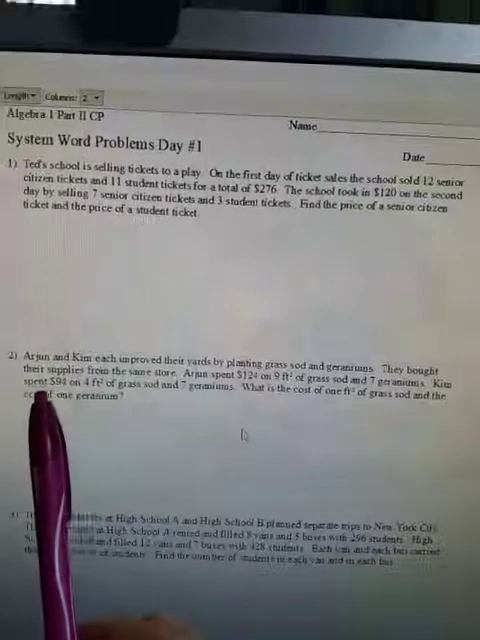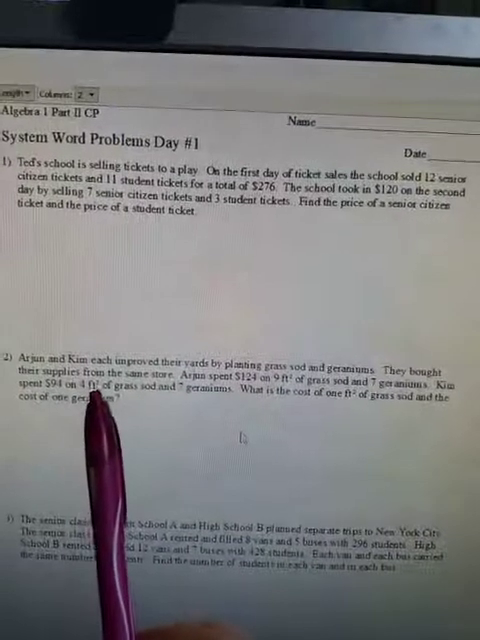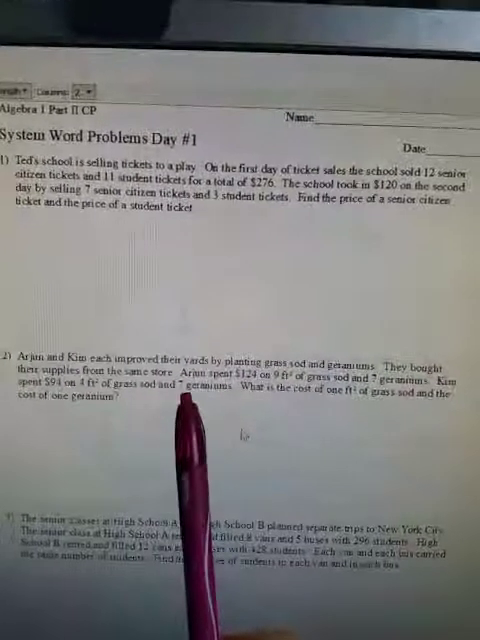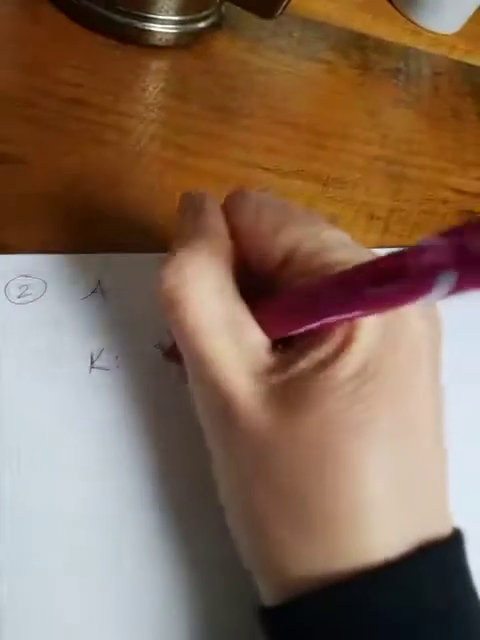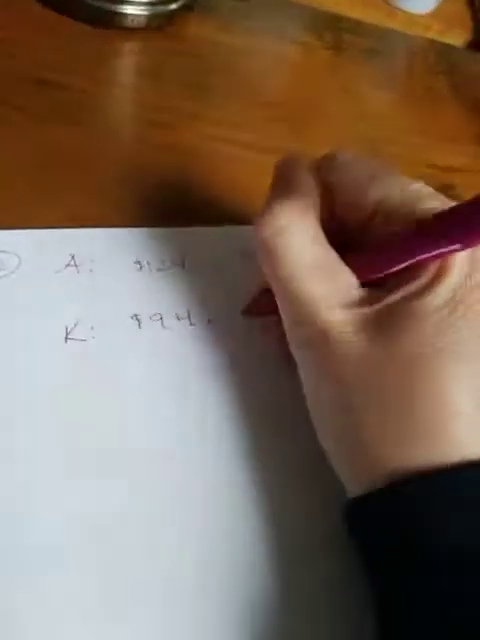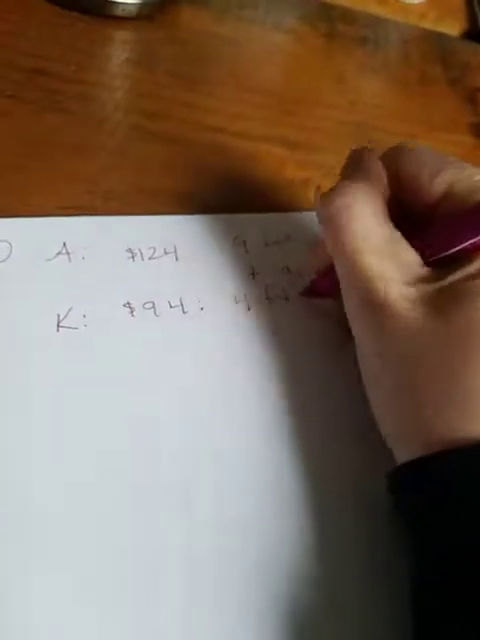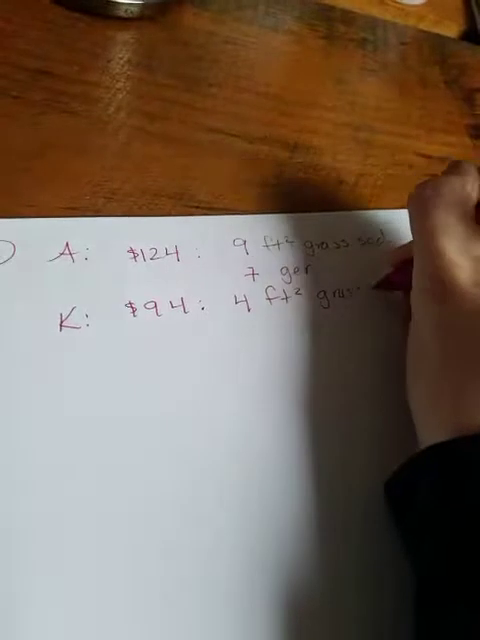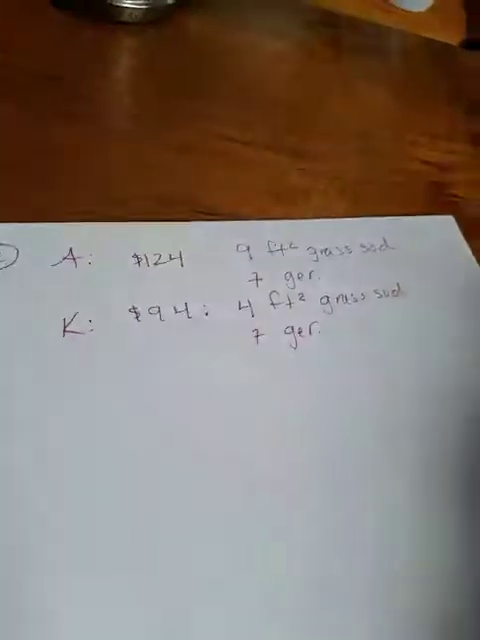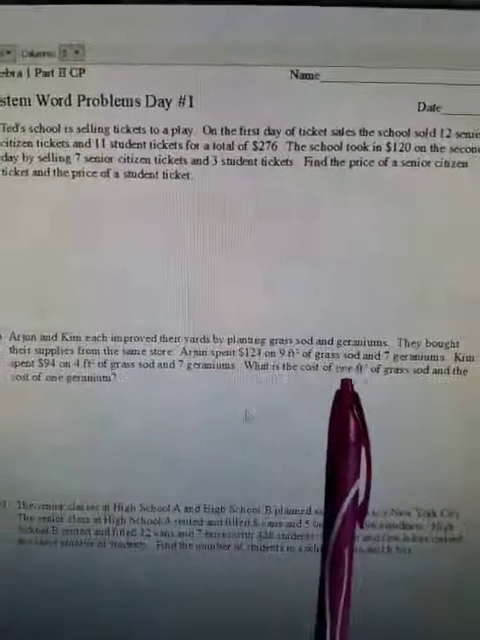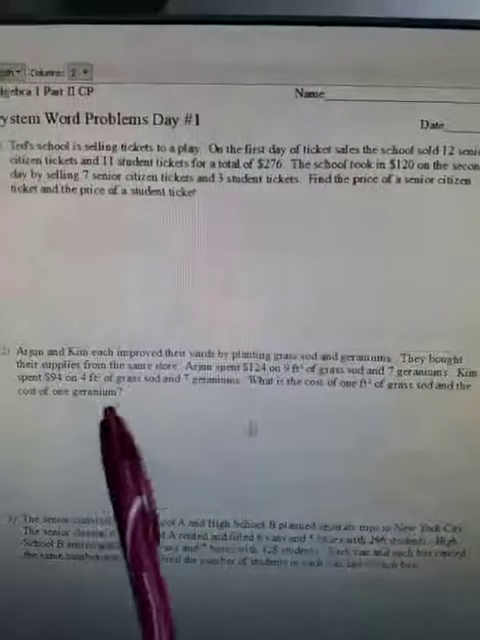Kim spent $94 on 4 square feet of grass sod and 7 geraniums. So now I'm going to go over to my notes and write a little bit about Kim. So Kim spent $94 on 4 square feet of grass sod, and bought 7 geraniums. Back to the question. What is the cost of 1 square foot of grass sod, and the cost of 1